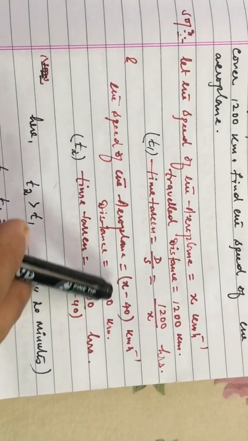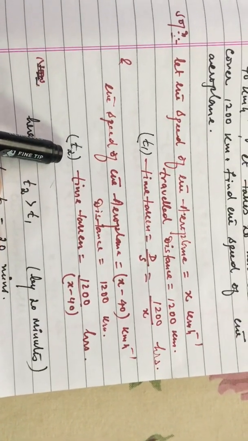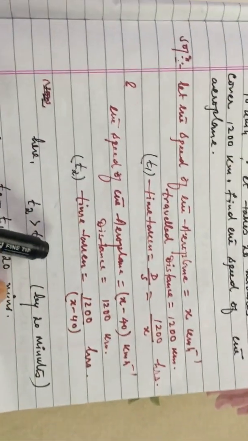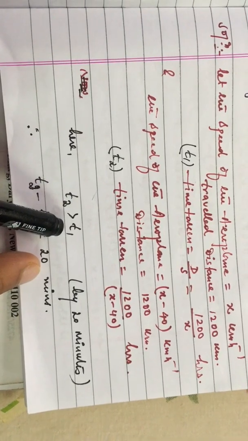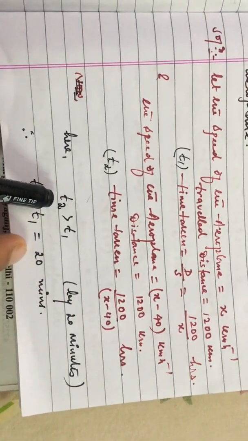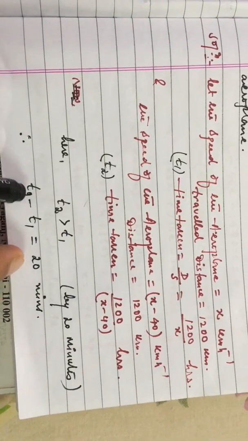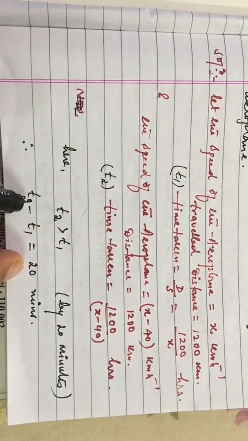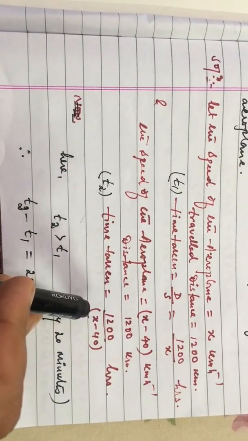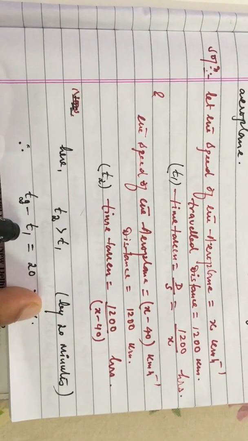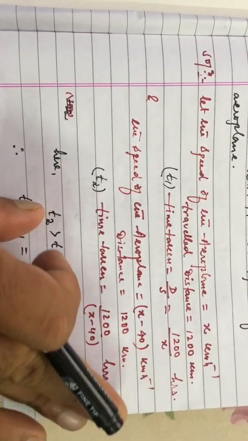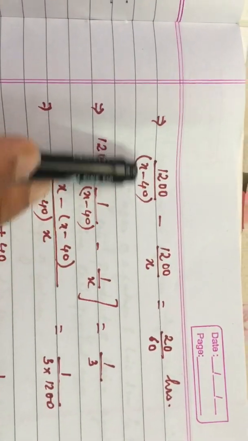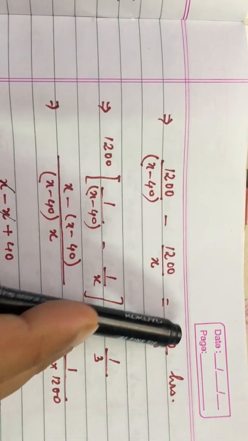So you can suppose that this time, t2, is more than t1. And by how much? By 20 minutes. Now see, t2 is greater than t1 by 20 minutes, so the difference of these two times will be 20 minutes. t2 minus t1 is equal to 20 minutes. So instead of t2 we put 1200 by x minus 40, and instead of t1 we put 1200 by x. Now, 20 minutes is 20 divided by 60,